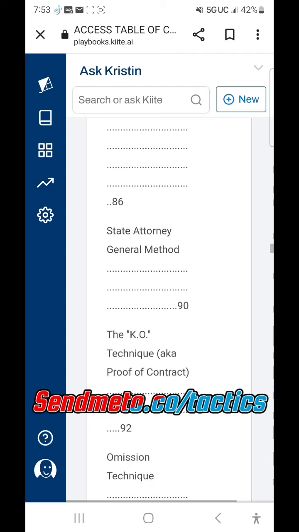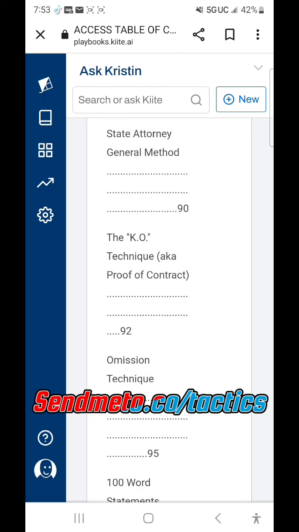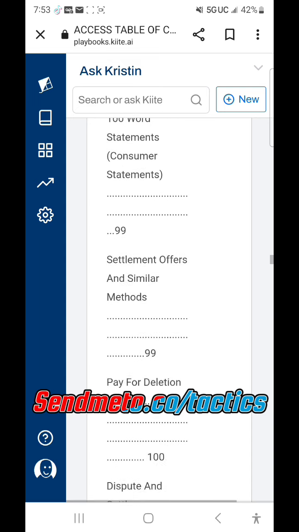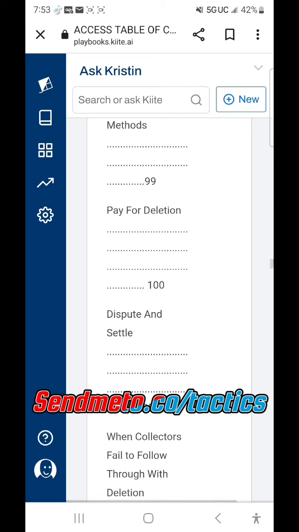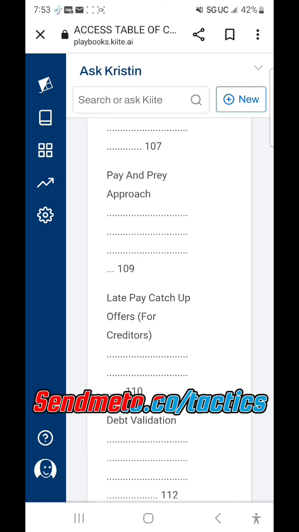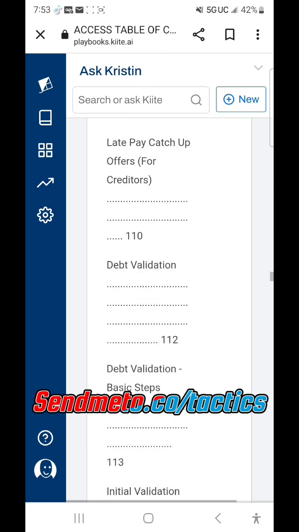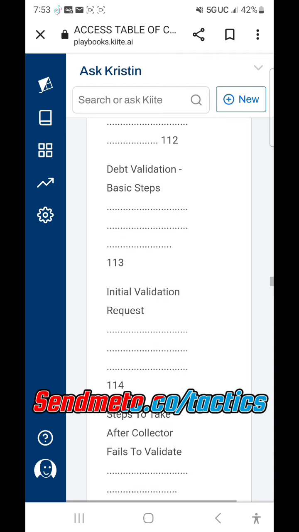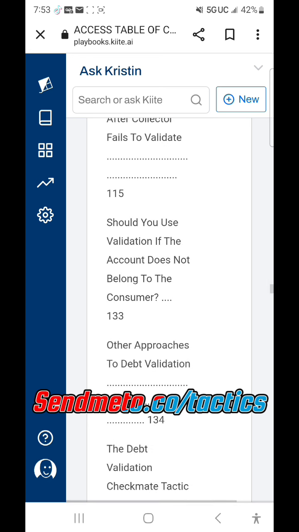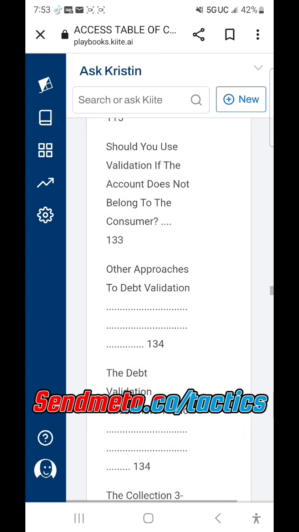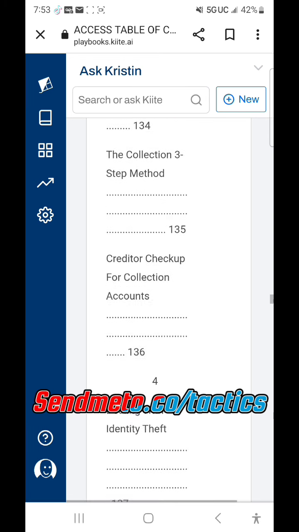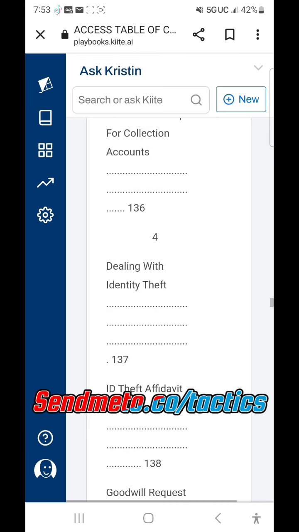SOL, statute of limitations tactic, state attorney general method, the KO technique, aka proof of contract, omission technique, 100-word statements, consumer statements, settlement offers and similar methods, pay for deletion, dispute and settle when collectors fail to follow through with deletion, pay and pray approach, late pay catch-up offers for creditors, debt validation basic steps, initial validation requests, steps to take after collector fails to validate, should you use validation if the account does not belong to the consumer, other approaches to debt validation, the debt validation checkmate tactic, the collection 3-step method, creditor checkup for collection accounts, dealing with